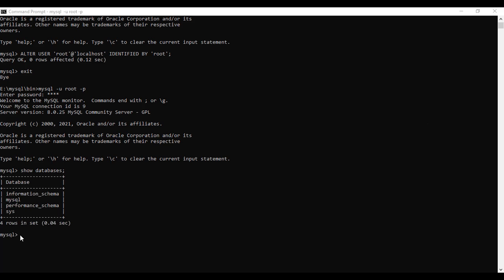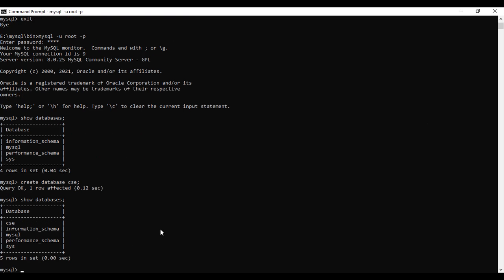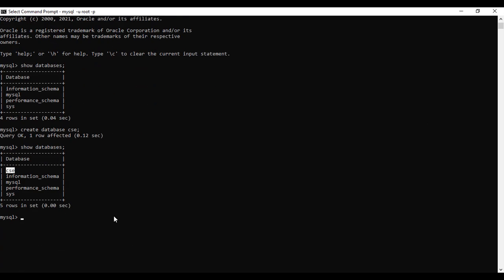I want to create a database called CSC. So create database CSC. As it is created, now you can check with show databases. If you observe, compared to the previous one, there was no CSC. Now the CSC database is created, right?